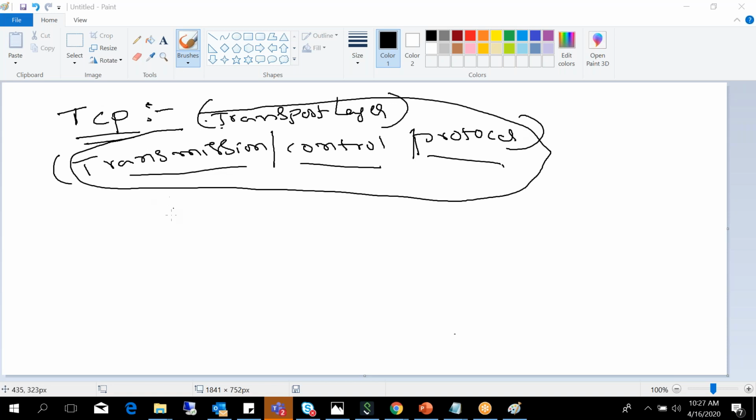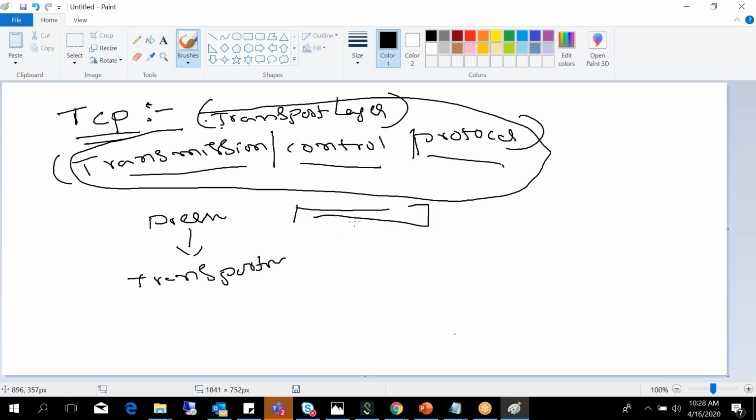The Transmission Control Protocol is responsible for the complete transmission of data. The data comes from the presentation layer to the transport layer, where it divides the whole data into segments.